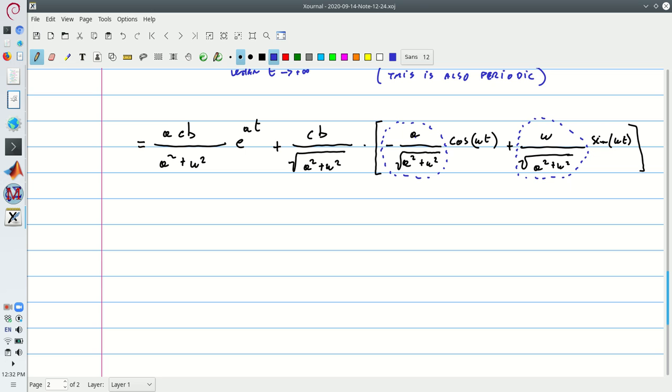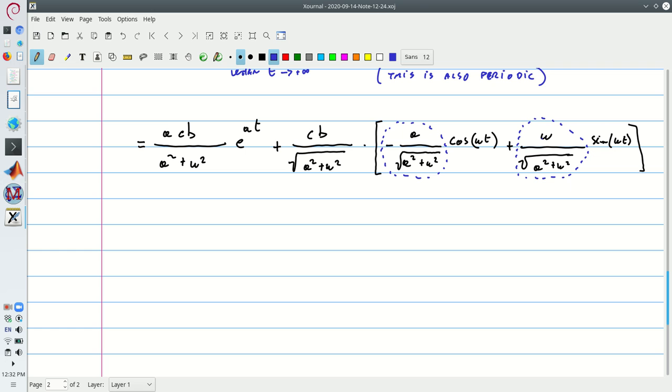If I take this quantity with a denominator equal to minus a and I square it, and I take the second quantity with denominator omega and I square it, I have that the sum of these two squares is equal to 1. So what I'd like to do is to interpret this quantity on the left as a cosine of an angle, this quantity on the right as a sine of an angle, so that I can write my expression as